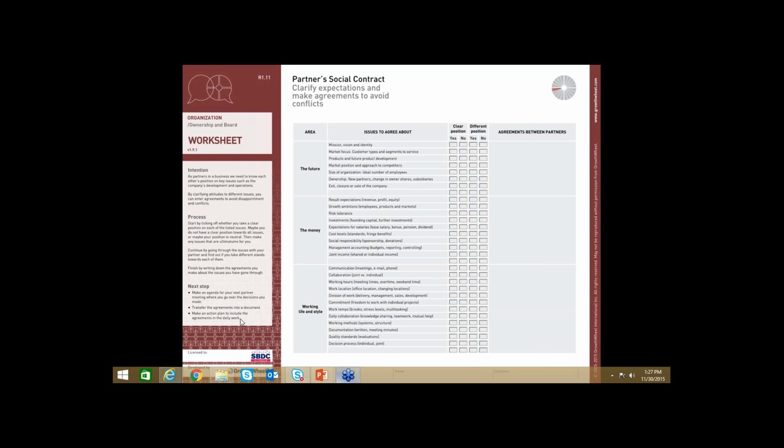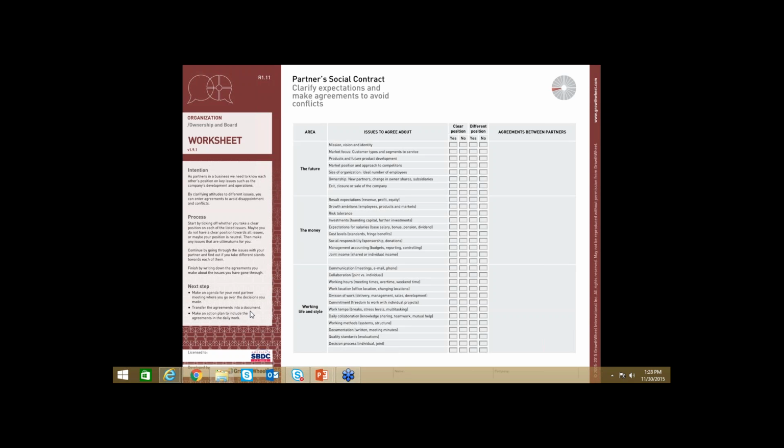So looking at the social contract, you want to make an agenda for your next partner meeting where you go over the decisions you've made. Well, of course, first, both of you will have gone over this independently. Remember, that is critical because you really want to think about what's important to you to bring to the table. And I know you think you could skip a step by just doing this together, but there are lots of things that will occur to you separately, and then you don't want to have a hidden agenda. So you really want to do your individual work first and then see where the collaborative conversation takes you.